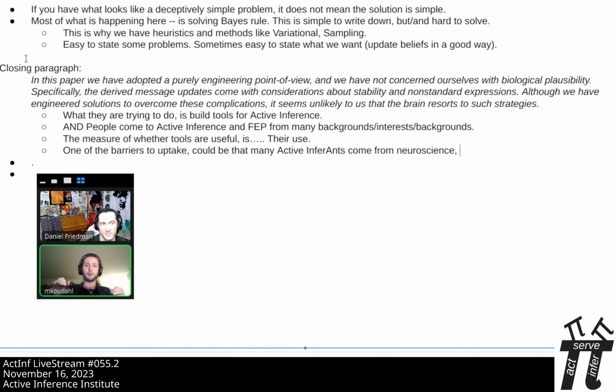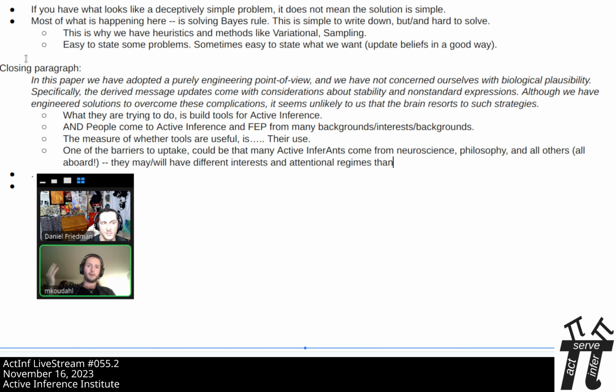Like, we need everybody on this train, but they might be concerned with other things than we are, and we didn't make any claims as to whether this is a biologically plausible update algorithm, which may be something that you care a lot about if you're a neuroscientist. We don't have any claims about how this ties to experience or qualia or consciousness or all the kinds of things that you might be more interested in if you come at it from the more philosophical side.